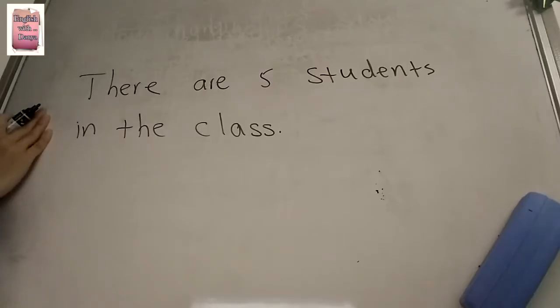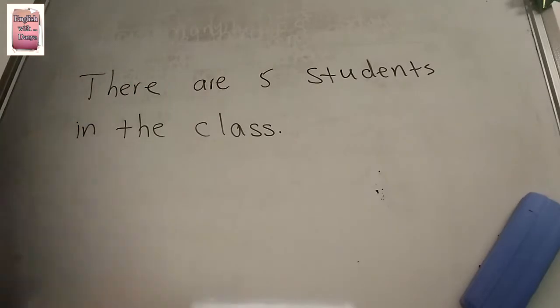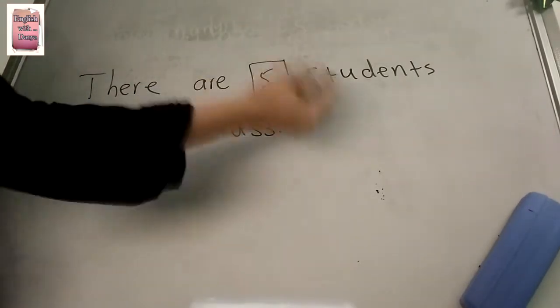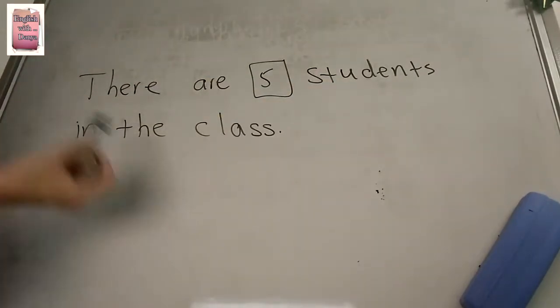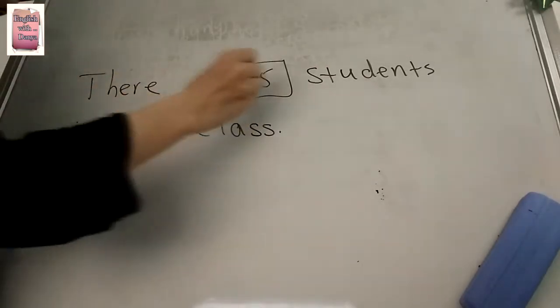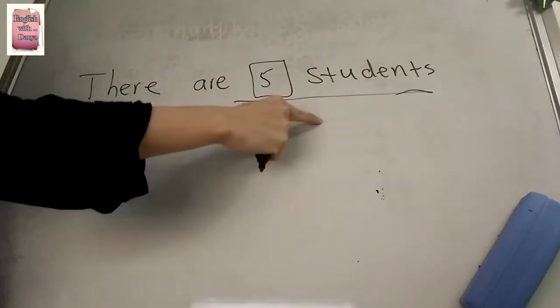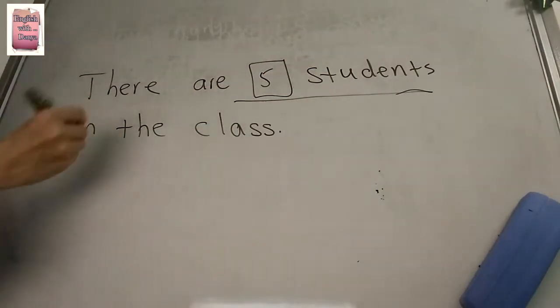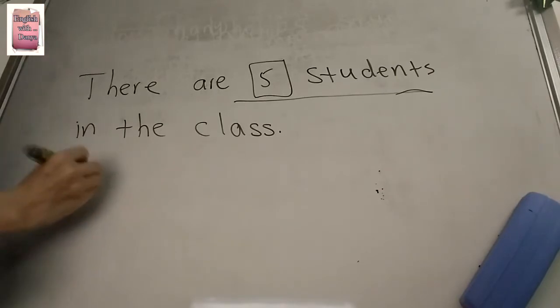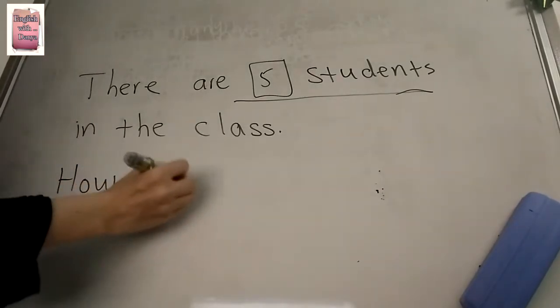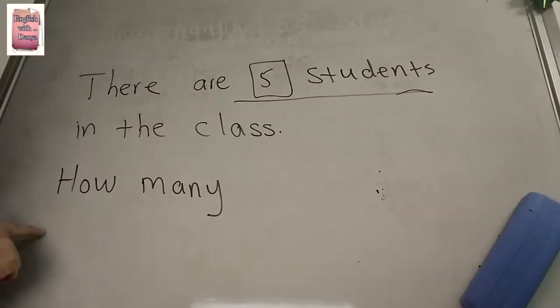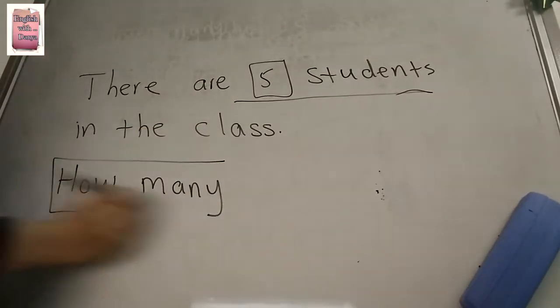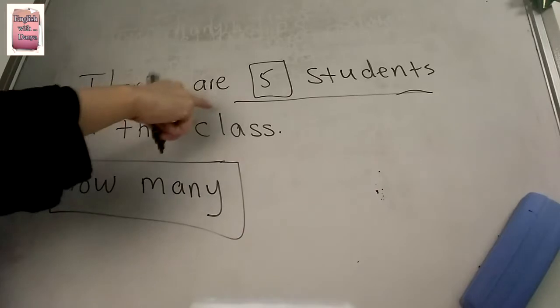Look at this sentence. There are 5 students in the class. What does that mean? It means that there are only 5 students. So this is the number. If you want to make a question, we need to start with how many. Why how many? Because